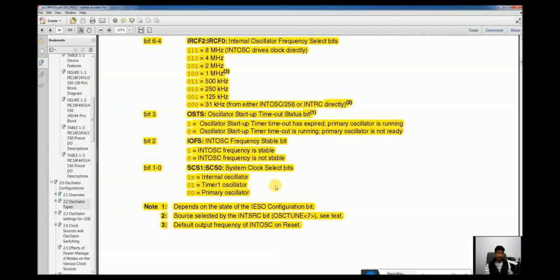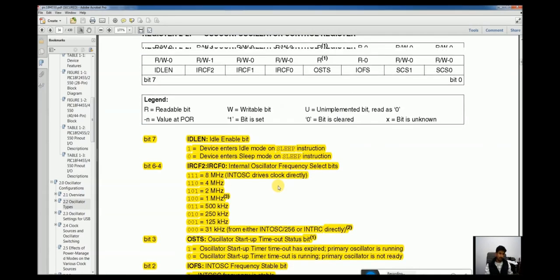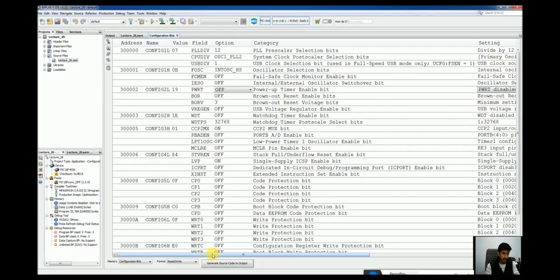The system clock is the actual clock that tells us the time. The PIC microcontroller has a built-in calendar peripheral also, and that calendar peripheral has to be fed with a clock input to operate. So we will be changing the bits IRCF0 to IRCF2 and making them 111 to change our internal oscillator frequency to 8 MHz.